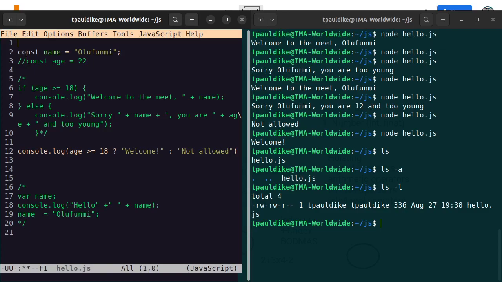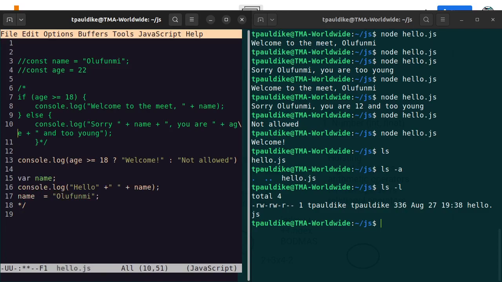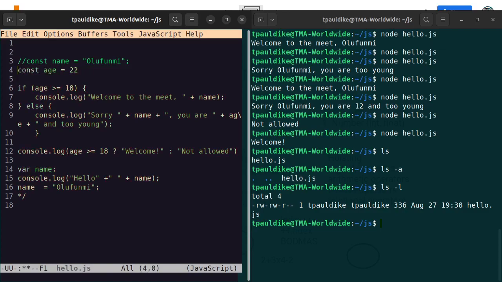So this is how process.argv works. Let me comment this up as well. Okay, let me also comment this one. I think I'll make them the same code commented. If you are here, then you know how the codes came about. So it should be the same code, all of them. All right, all has turned to a comment. Let me write it from here. So I want to have this program